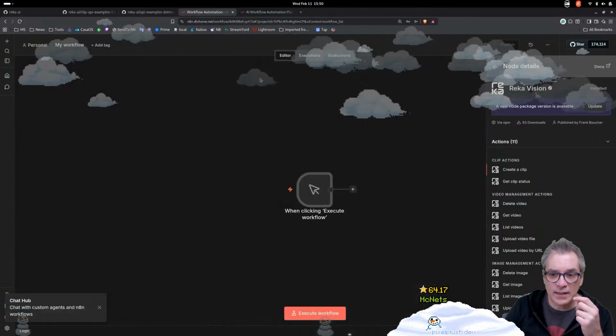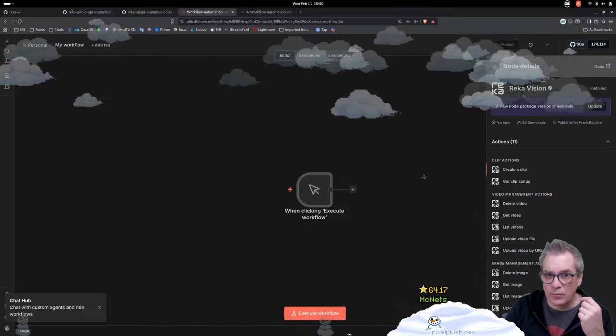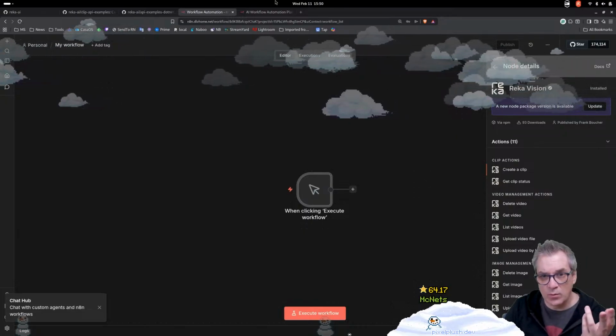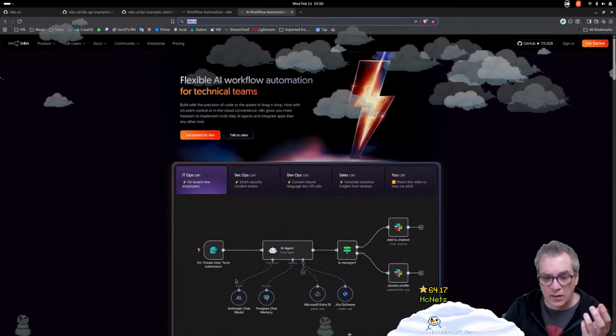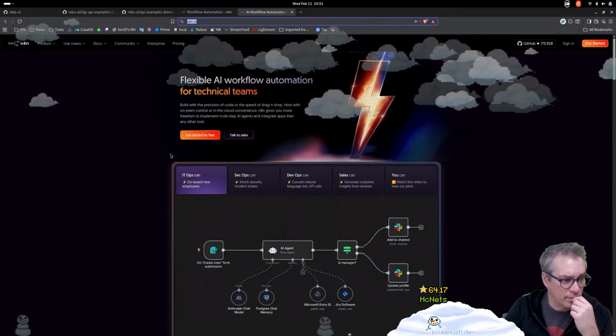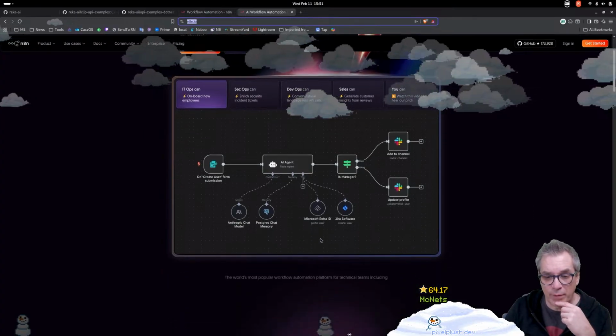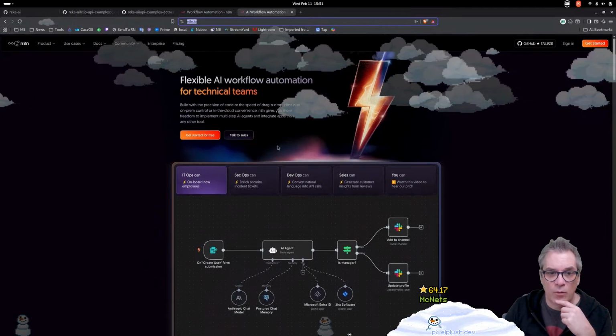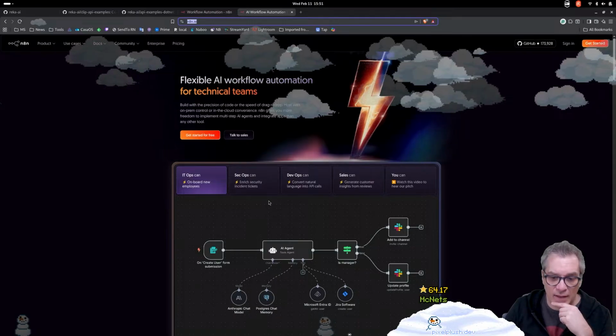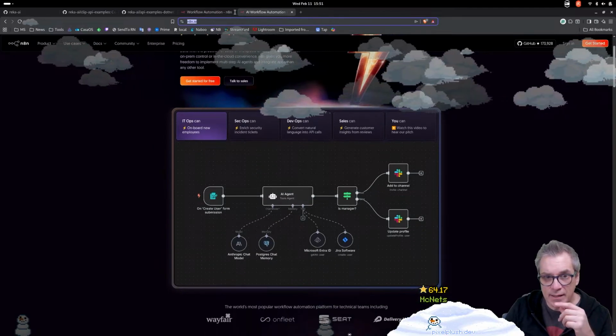I run them in a container and I expose it so I could connect a bunch of stuff. And it's really cool. You have plenty of things. And right now we also have templates that I created and things like that.